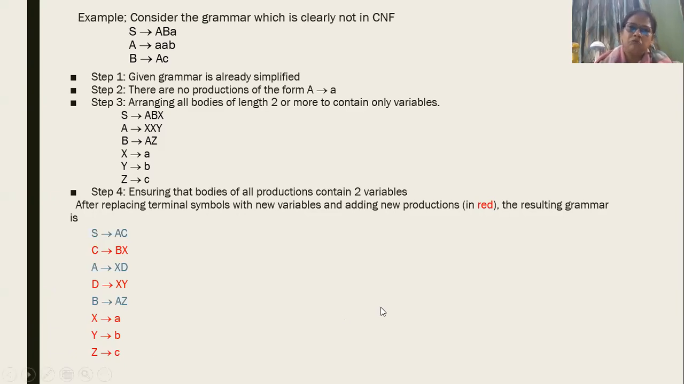So the critical thing when you're asked to convert a grammar into a Chomsky normal form is to ensure that the grammar is simplified. And if it is not, then it is a lengthy process. If the grammar is already simplified, then the conversion is a fairly straightforward and easy process. Moving on then